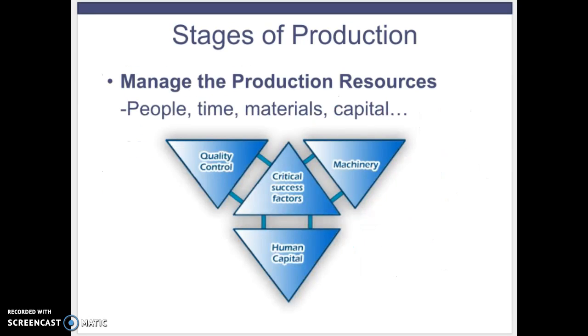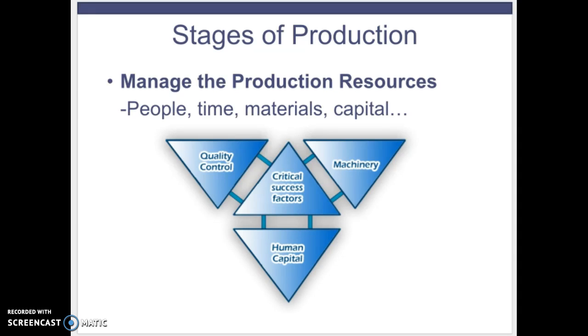Stages of production, the next piece is managing the production resources, the people, the time, the materials, and the capital. This includes managing the resources to control them so supplies and labor are available when they're needed. This is an area where many people overlook in manufacturing as career options. Those are the quality control jobs, the machinery jobs, and the human capital that make sure that everything is managed